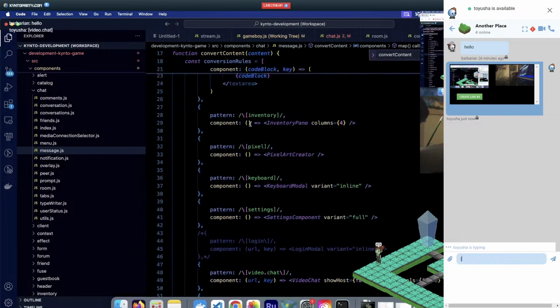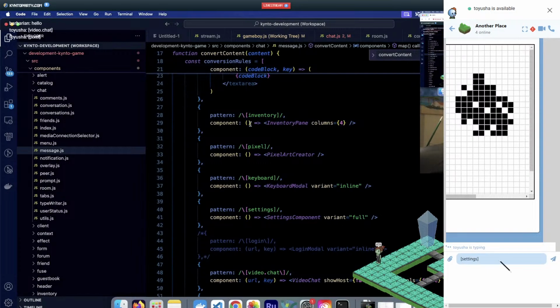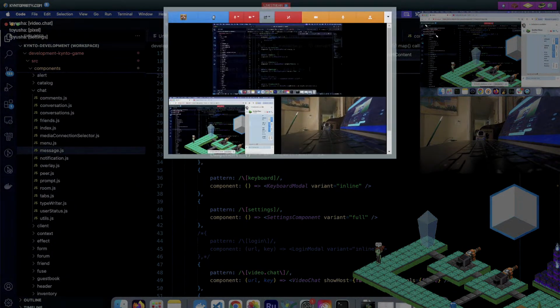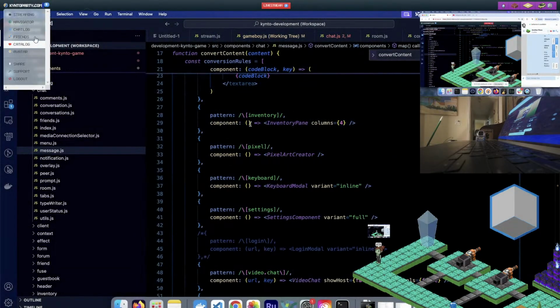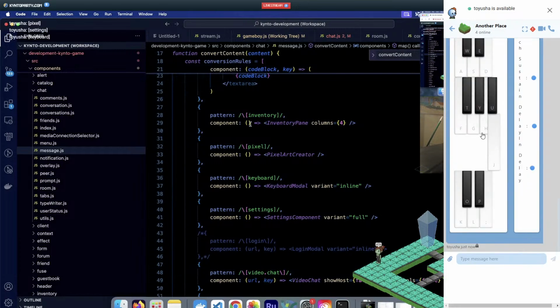Oh, we got a pixel editor. Go in the chat, I type settings. Then the keyboard, the little MIDI keyboard that I coded. Sit there and play, if this chat window was